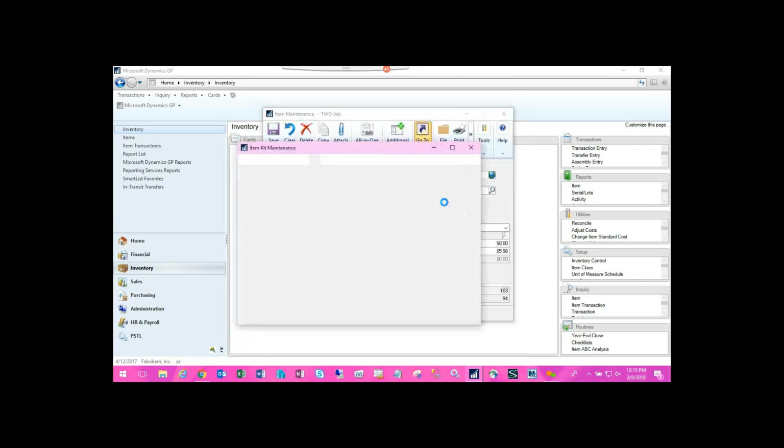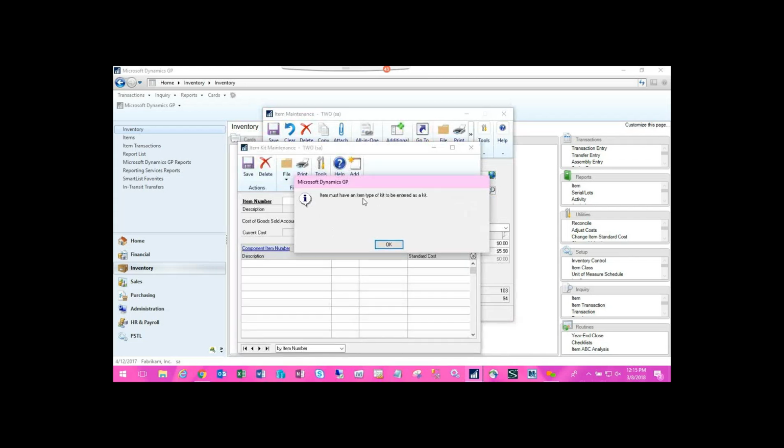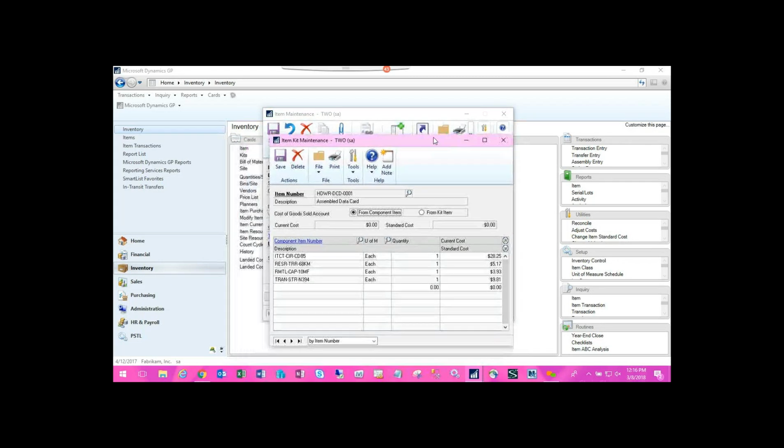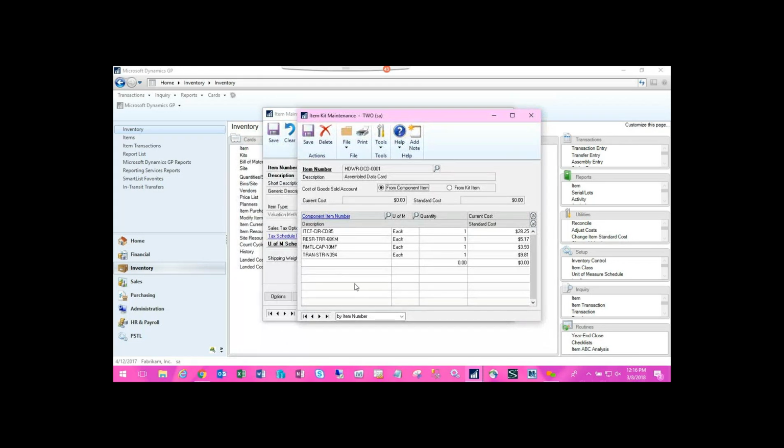Kits. So to talk about kits, first of all, in order to set up kits, your item has to have an item type of a kit to be entered as a kit. So I'm going to save this, and I'm going to bring up my kit item. So this is a kit item. I'm going to go into kits, and I can see the different components that I have set up on the